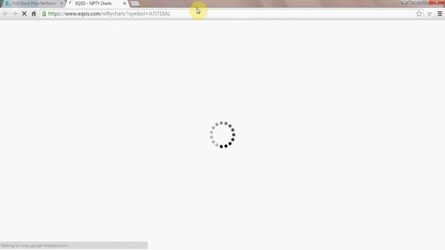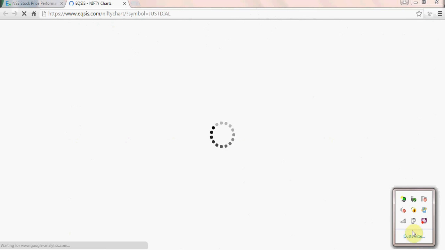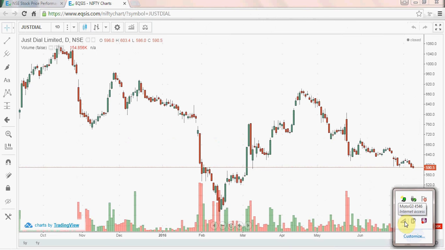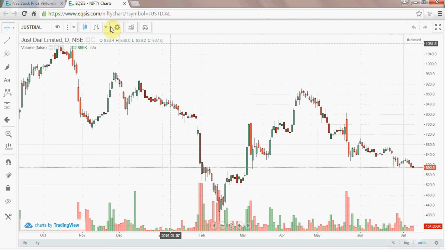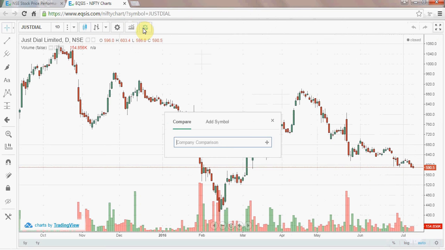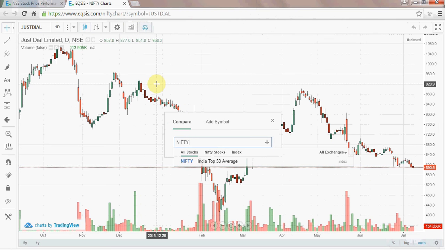So I would like to populate the stock called Just Dial. It's getting loaded. Let me see whether the net is properly working here. Okay, look at this, now it's got loaded for me. Here, this stock, compared to recent days, is almost trading at the low. Although if you check out the Nifty, let me compare the stock for you here. If I open Nifty here,